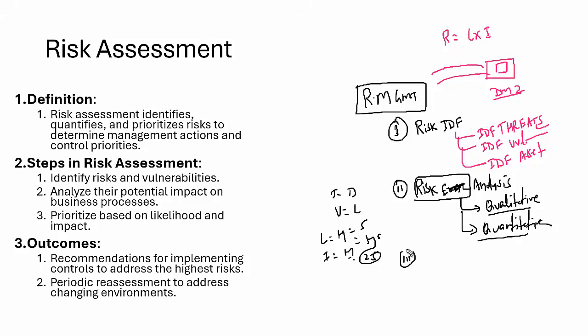The third step is called risk evaluation, where we finally evaluate the level of risk. And in the fourth step, we have the option of risk treatment, where we treat the risk. So we have four options. One is risk acceptance, where we accept the risk, because I believe for me the opportunity is more than the risk.